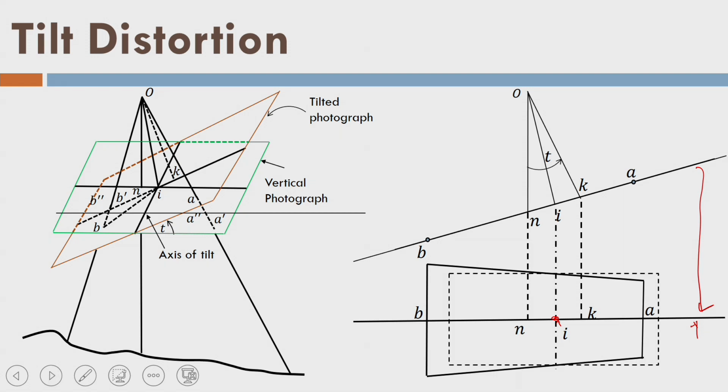Okay. If I draw now the vertical photograph, which should be the correct one. So, this is my vertical photograph, like this. This is the vertical photograph here. It is the plane of the vertical photograph indicated by this line. Now, if it is vertical, then this is my optical axis here,